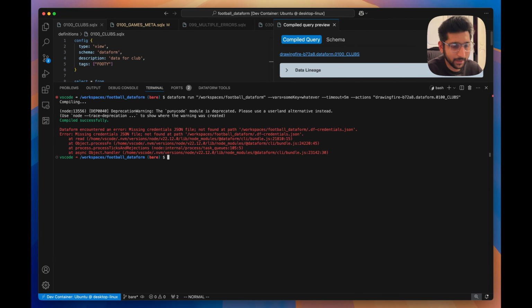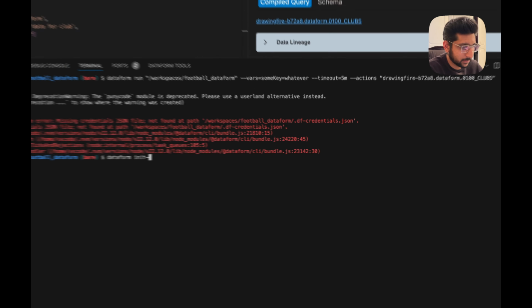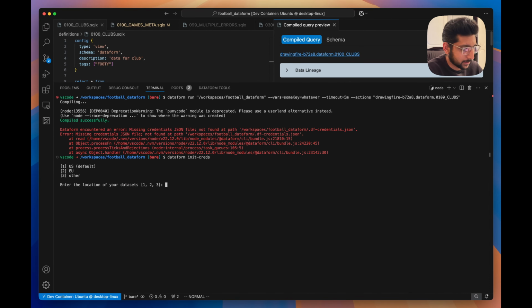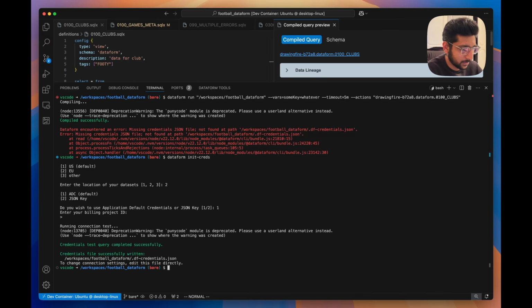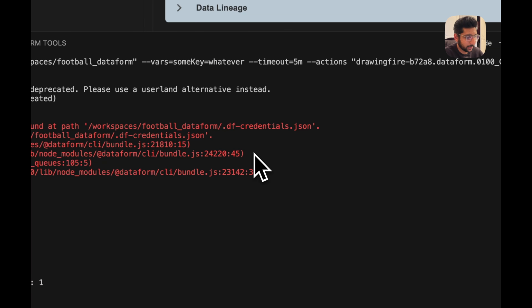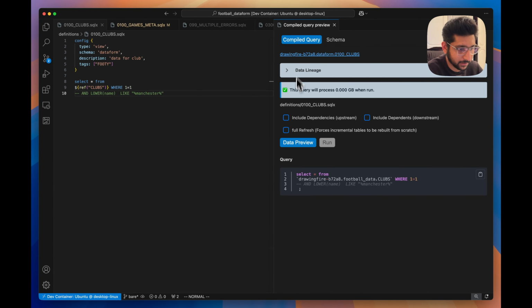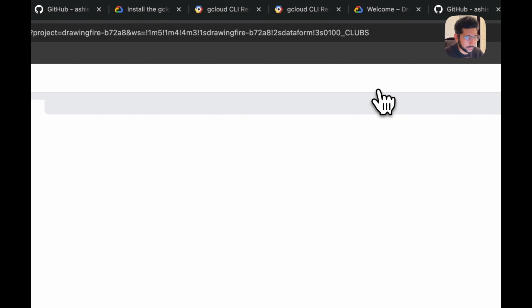So yeah, this is the error that you would get if you don't have the TF credentials JSON file present in your repository. You can generate that by using dataform init-creds and then selecting the region, selecting default because that's what gcloud set up. You can leave the project ID blank and just press enter because it's going to use the default project you have, and that's it. So once you do that, you can just press run again, and then it should create your table just fine. And you can verify that by going to the table using this link